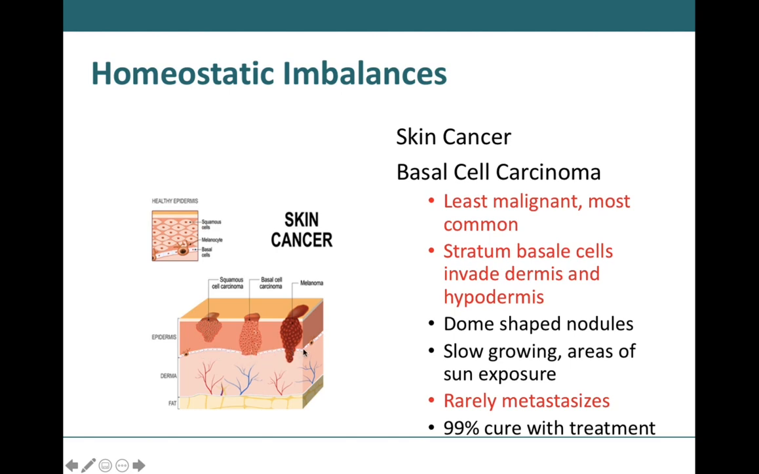And these cells in the stratum basal are going to invade the dermis and the hypodermis. You can see here with basal cell carcinoma, these cells are going to become cancerous and start moving down towards the dermis. Fortunately, basal cell carcinoma rarely will metastasize, which means that it will enter the bloodstream and spread out. That's what metastasizes means. Cancers that metastasize are a lot more dangerous, and basal cell carcinoma